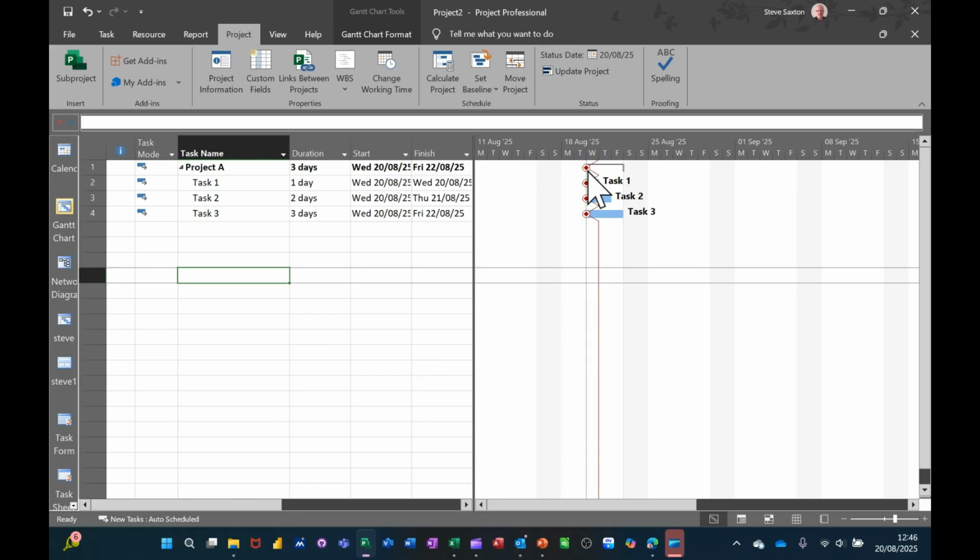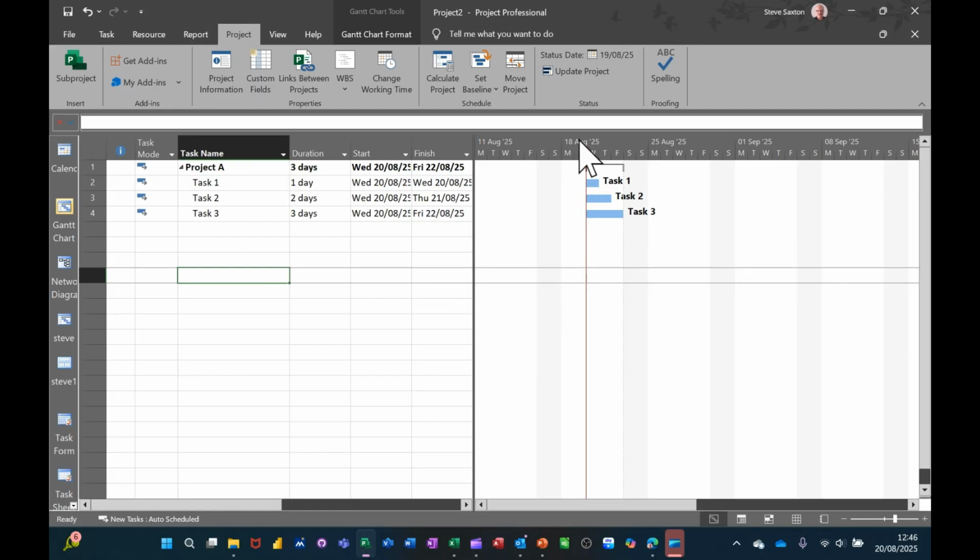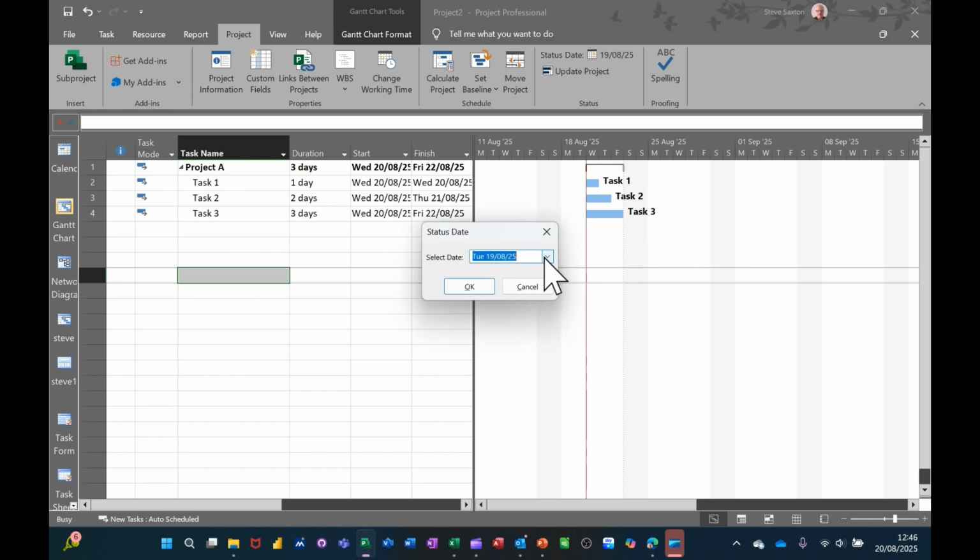It's because it's set to the beginning of the day. That's why it's spiking back a little bit. Set to the end of the day, should I say. So if I put that to Tuesday, which was yesterday, you get the straight line, because there's a 24-hour sort of delay in that. But that's ideally what you'd want to see. A straight line, not spiking back. So if I put that to today again,